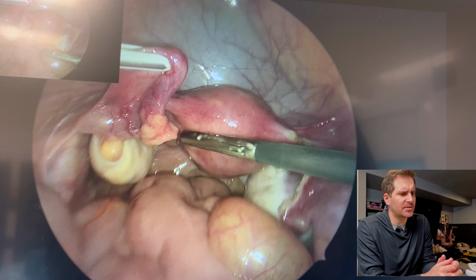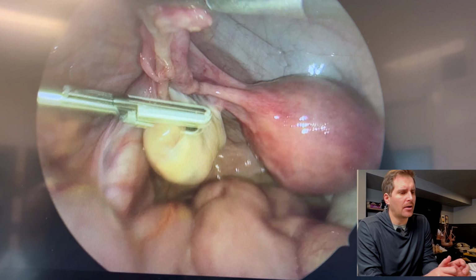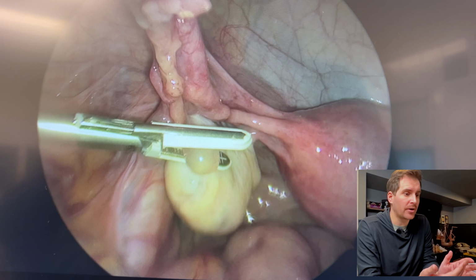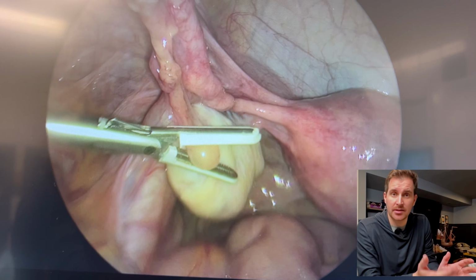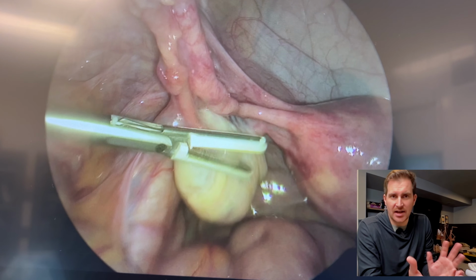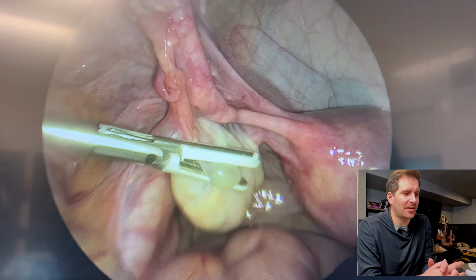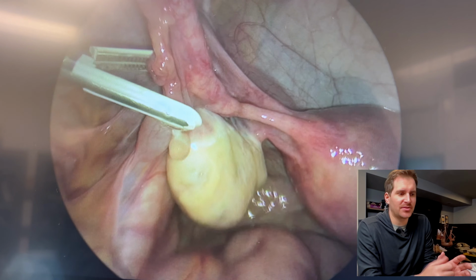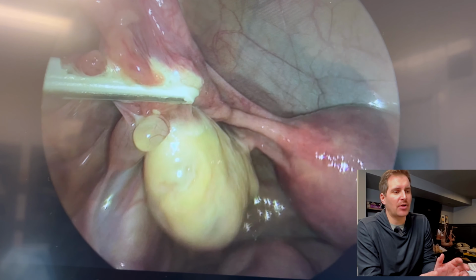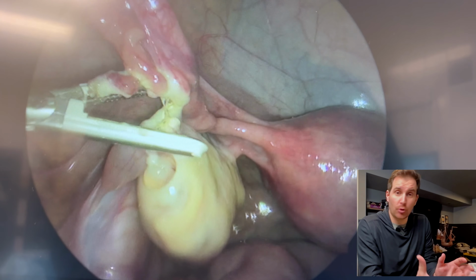And we find a little present there. That's the fimbria, that yellow portion, which Liz just touched there and grabbed. And this is actually a peritubal cyst. So if you've ever seen this on an ultrasound report, just a fluid-filled cyst, a benign cyst that is attached often to a portion of the ovary, more often the fallopian tube. And so they're kind of this dense fluid filled, as you see it kind of pop there, so it can be easier removed after. And so what I'm doing is then grabbing the mesosalpinx, again shimmying up away from the ovary to try and incorporate most of that